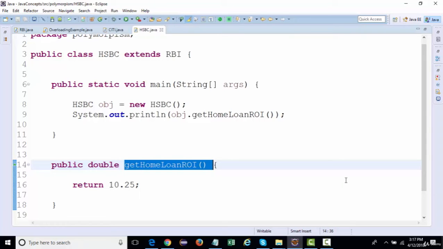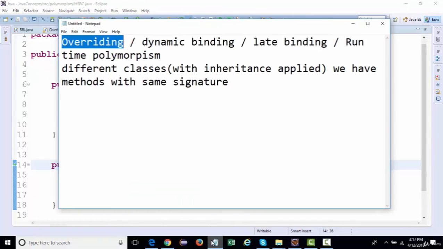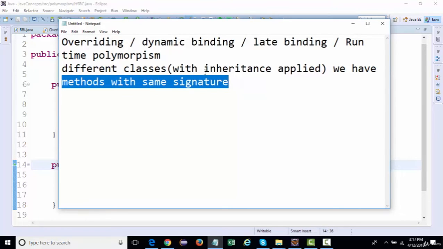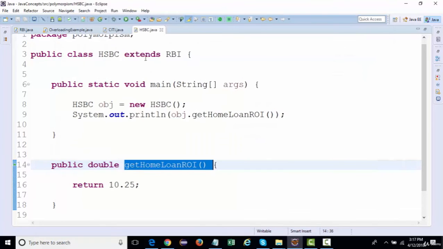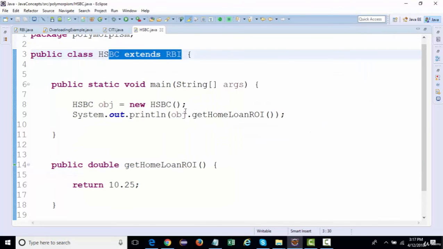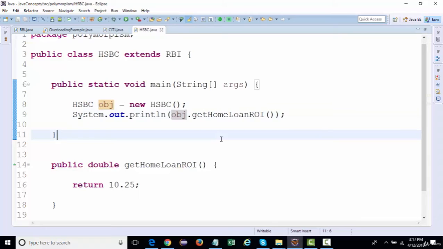If you look over here, that is what we have seen so far, that methods are having the same signature, and inheritance is also applied over here, right? Now, today we are just looking at the overview of what overriding is. We are just looking at basic syntax in this lecture. In the next lecture, we're going to see what the benefits of